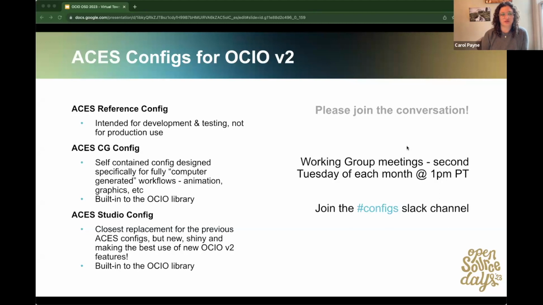We really tried with this config to slim it down, and purpose build it for fully computer generated workflows for animation and graphics and game engines and whatever else real-time work that you might be doing, so that you have a lightweight version of a config with no external file dependencies. And that also about this config is built into the OCIO library. So you don't even actually have to call an external OCIO file to use it